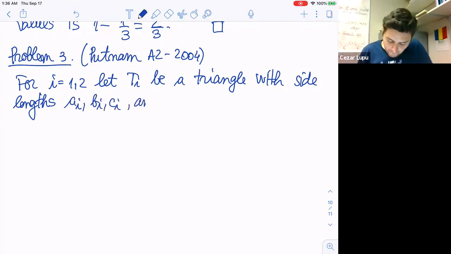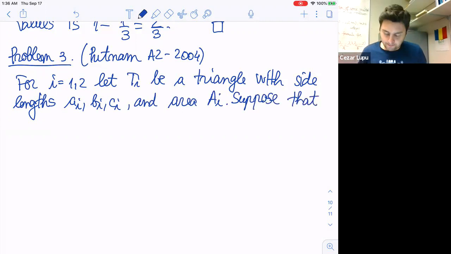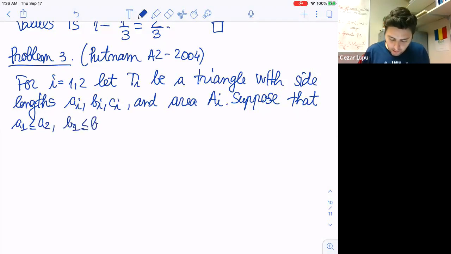And area Ai. Suppose that a1 is less than a2, b1 is less than b2, and c1, as you can imagine, less or equal than c2. So we have an order between the side lengths of the 2 triangles,